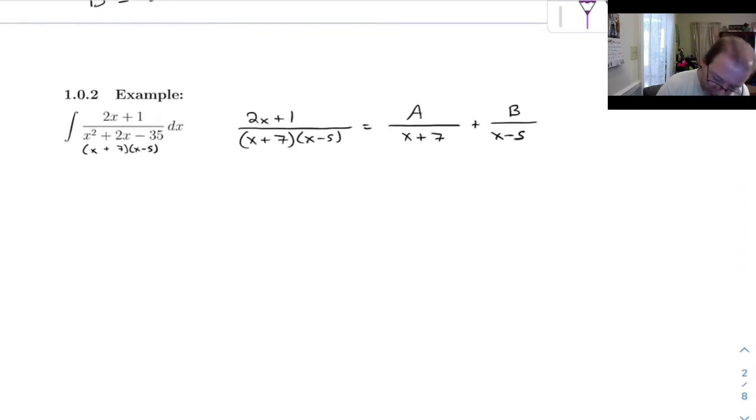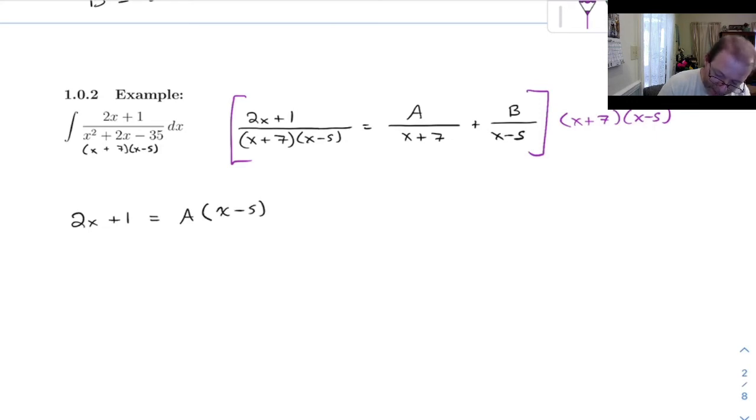All right. Now I'm going to multiply. This time I'm not going to write everything out. I'm just going to say, let's multiply everything by x plus 7 and x minus 5. And after the cancellation stuff, you wind up with 2x plus 1 equals A times x minus 5 plus B times x plus 7. All right, so once we've got that, I'll distribute this out. You get Ax minus 5A plus Bx plus 7B